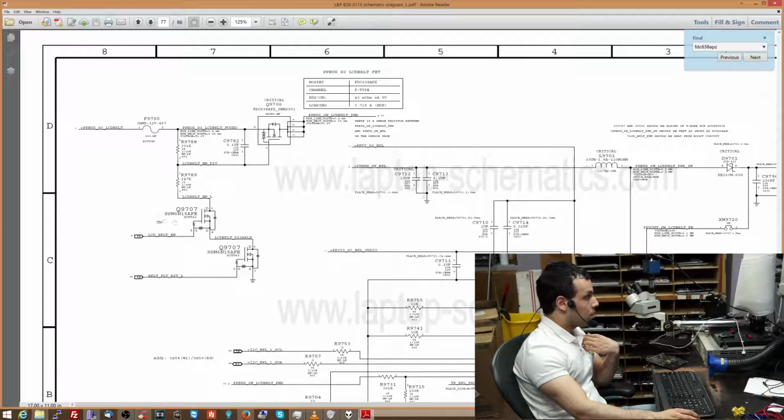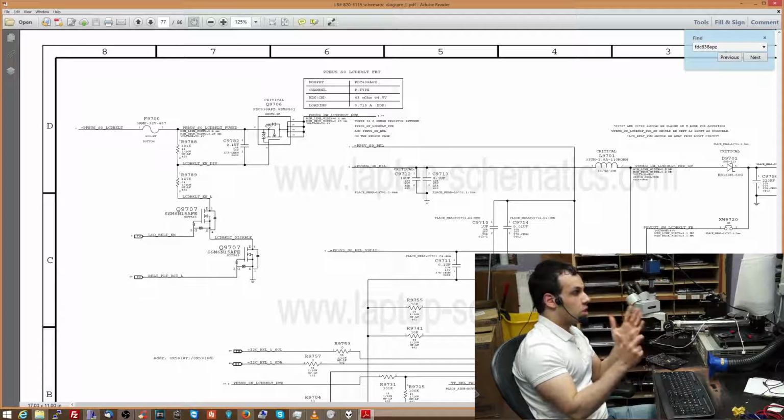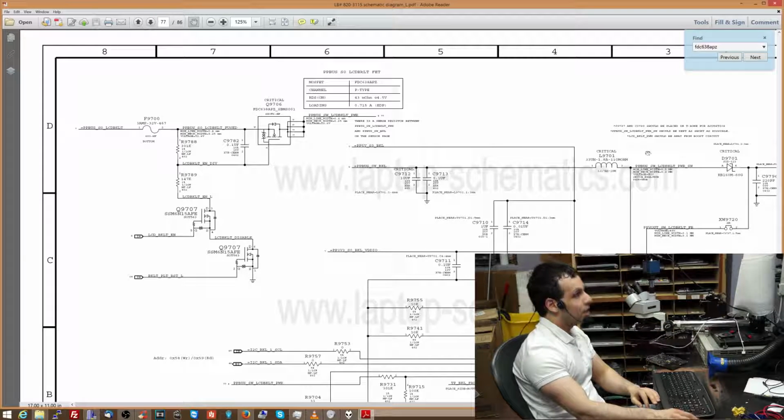Now, if there is no LCD backlight enable over here, it's not going to send that to ground, and this over here is just going to send 12 volts to the gate of this transistor. Since that 12 volts is going to the gate of this P-channel MOSFET, which does not open if it sees equal voltage at the gate as it does at the source, it is simply going to not send backlight power through to the computer.